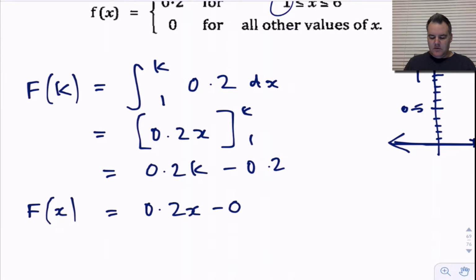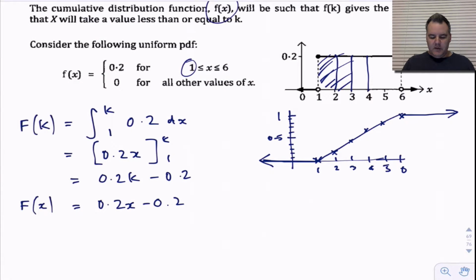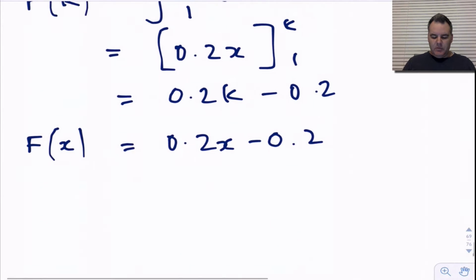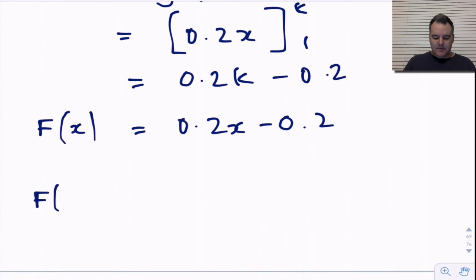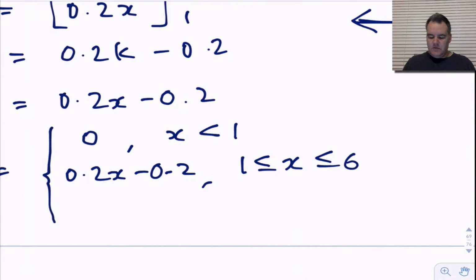0.2x minus 0.2, and that's the equation of this line that you see here. So more formally, to define it all, let's get really formal here. We'd say f of x is equal to, there's 3 sections here: 0 for x values less than 1, 0.2x minus 0.2 for x values between 1 and 6, and it's going to be 1 for x values greater